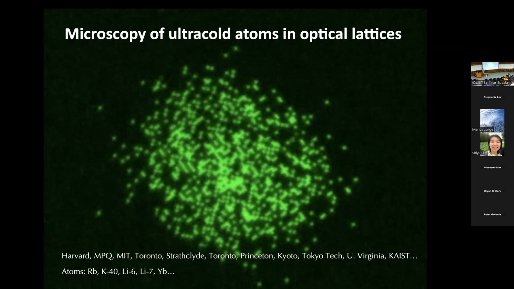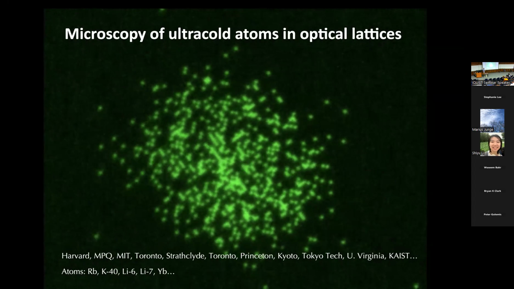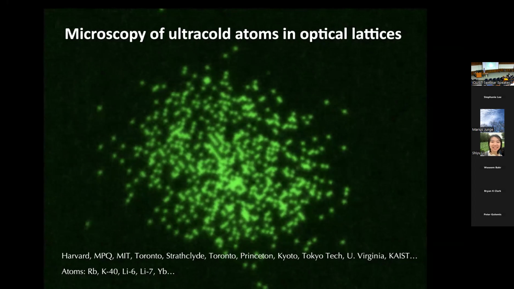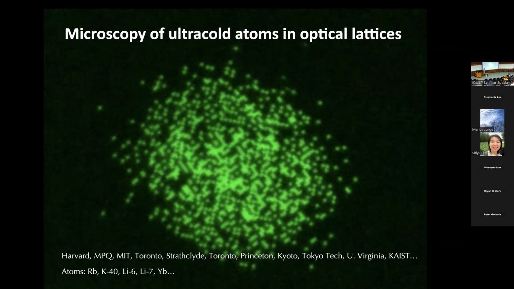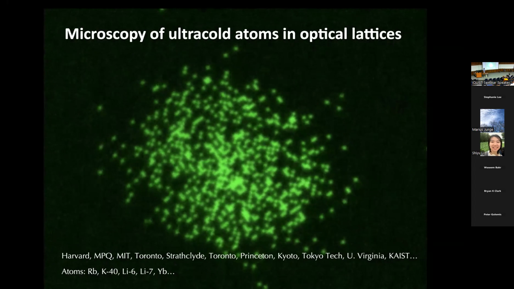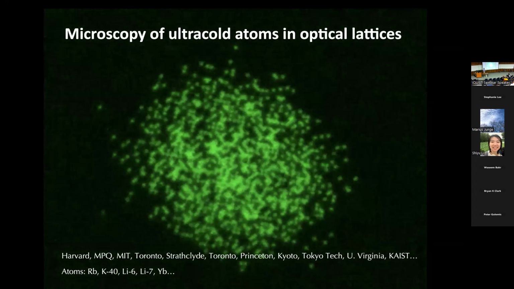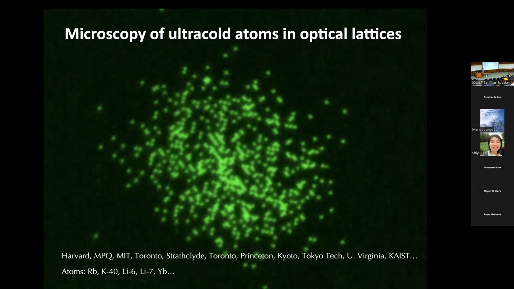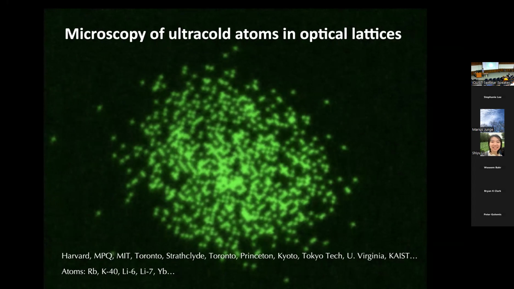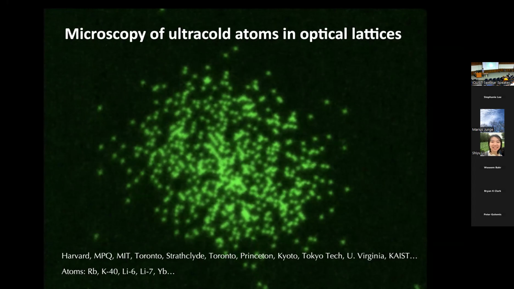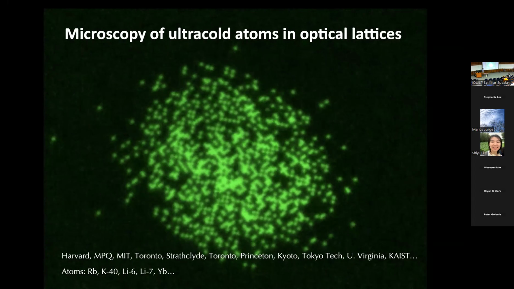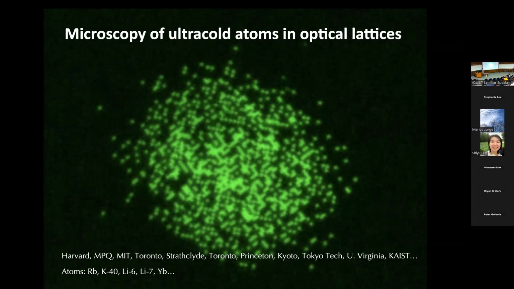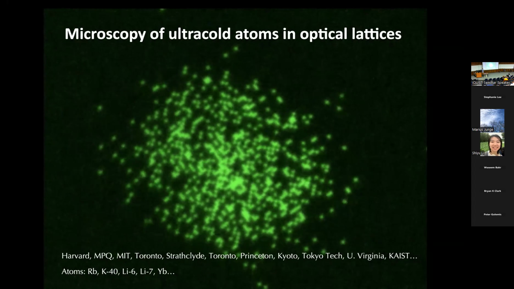We start by producing a degenerate Fermi gas, a very simple state which we understand very well. And then we can ramp on an optical lattice to quench the kinetic energy of the system, enhance the effect of the interactions, and get into a strongly correlated state. So basically, we can go into a state where there's complex correlations and entanglement in the system. The particles are delocalized, they have interactions between them, and then we can project this many-body wave function onto a particular realization in the density and spin.